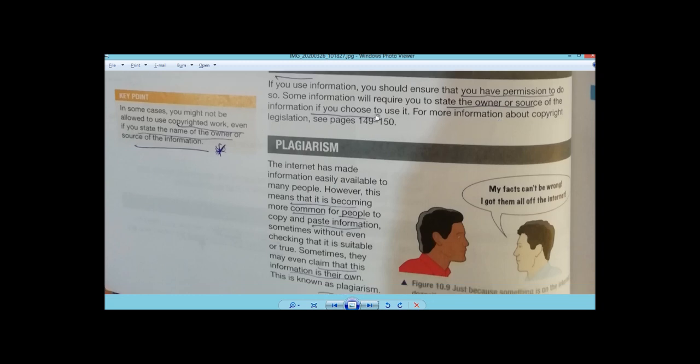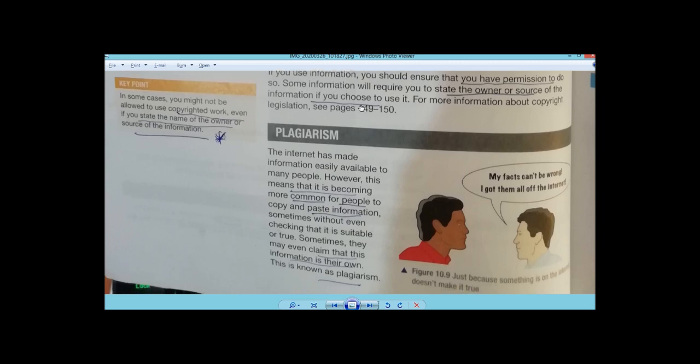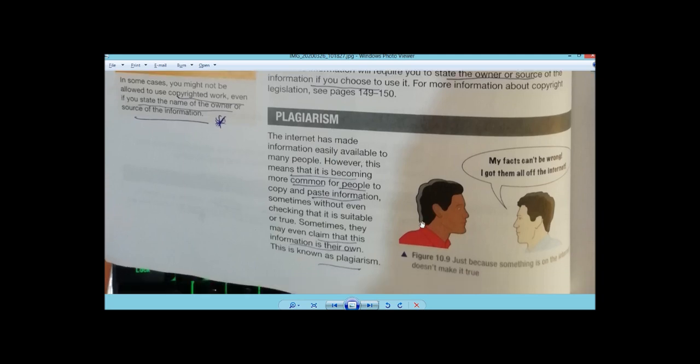So copyright is legal ownership of someone's original content, so you can't really misuse it. Either you have to take permission, or you might have to pay for the rights. Now, plagiarism is where you just go to the internet, the World Wide Web, and you copy the information and produce it as your own, especially in assignments. We mostly do that, and it is very wrong,